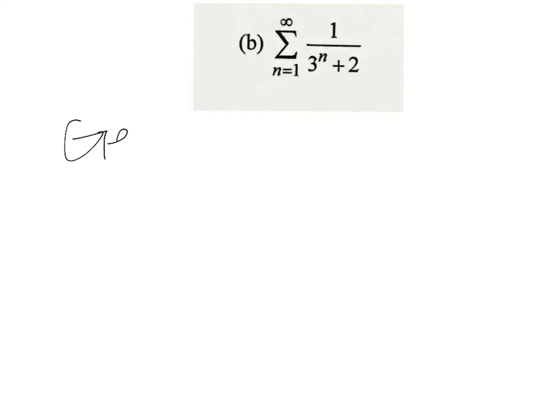The formula is a n equals a1 times r to the n minus 1. Looking towards our problem, we can actually take out the plus 2 because it's negligible in the kind of problem that we're looking at. So if you rewrite the problem,